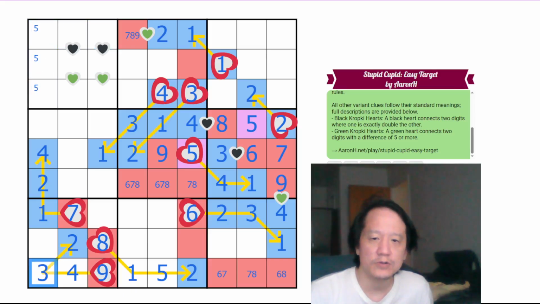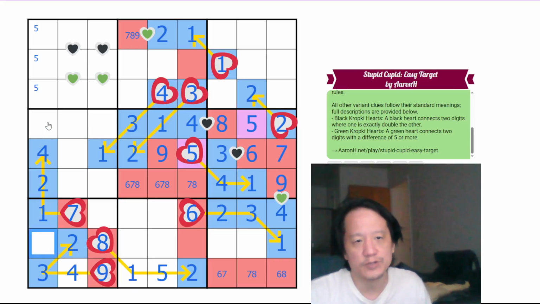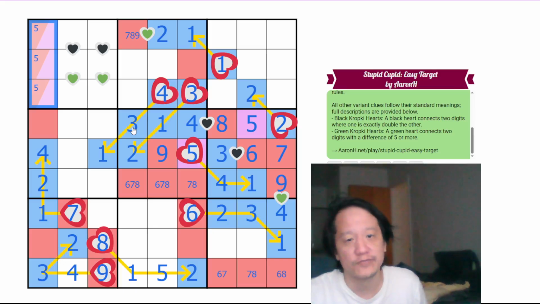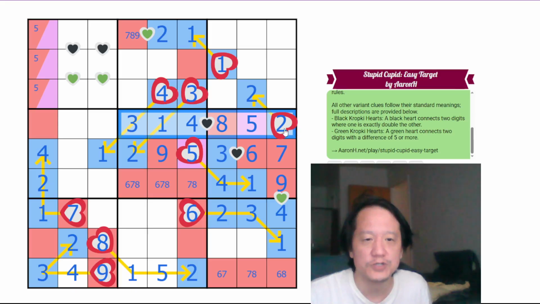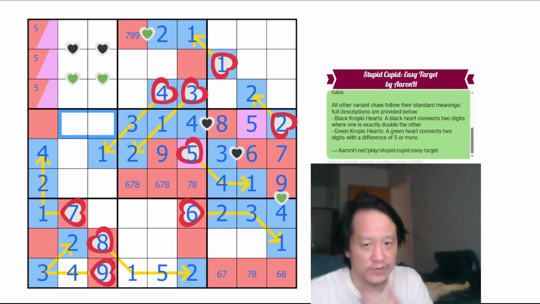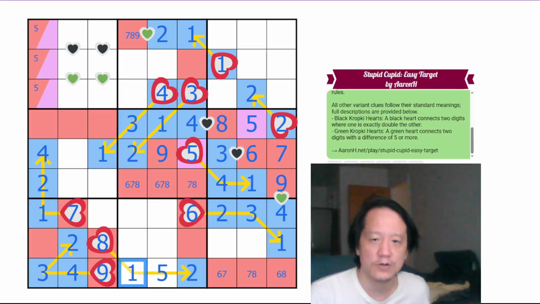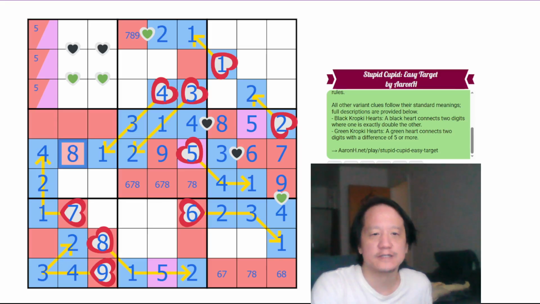We have all the lows in column 1, because we have 4 lows. So the rest have to be high or 5, and we know the 5 is one of these 3, because that's the only place it can be in that upper left-hand corner. We also have 4 lows in row 4, which eliminates 4 in the rest of the lows in the rest of row 4, and we have 5 already there, so these are 3 highs. 4 again is a low, 1 is a low, 5 is a medium. Okay, remaining digit in row 5 is an 8. So that's the last high digit